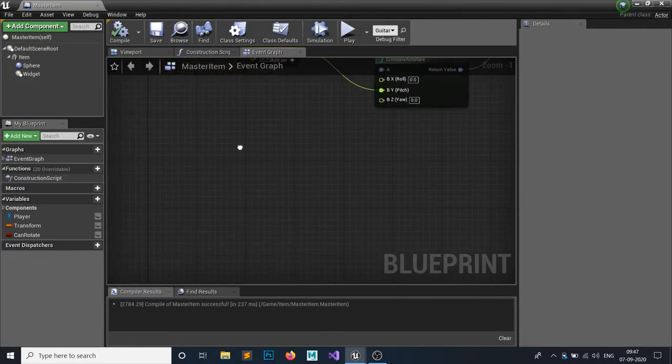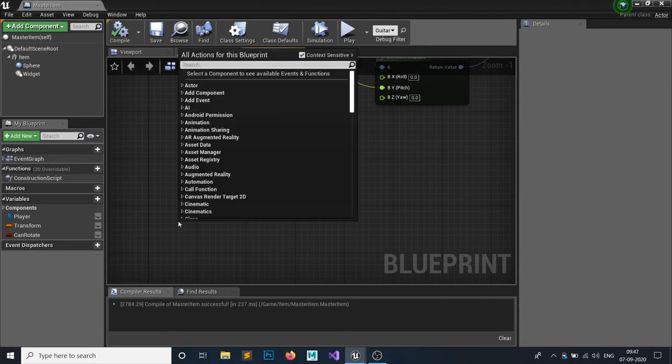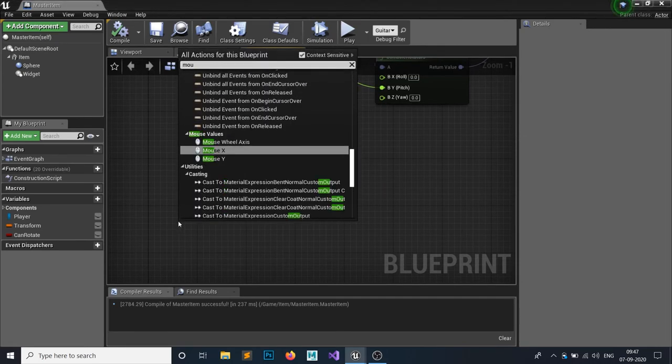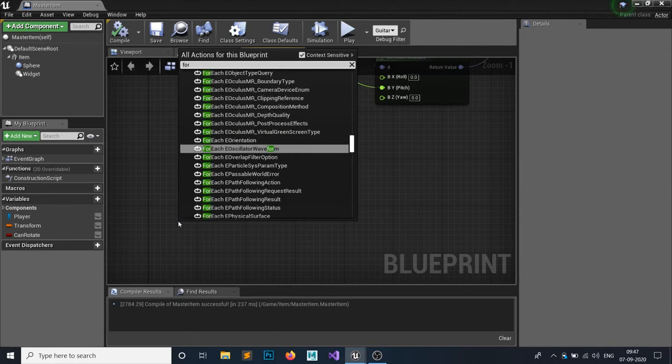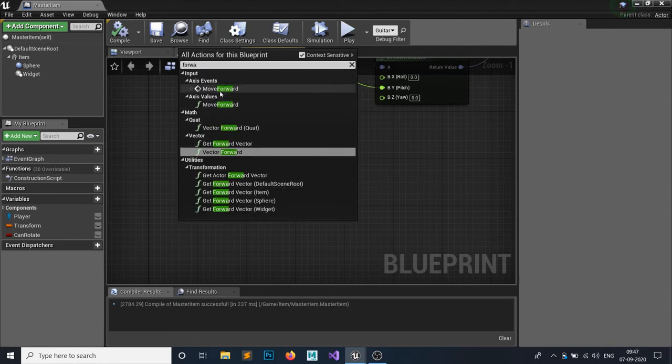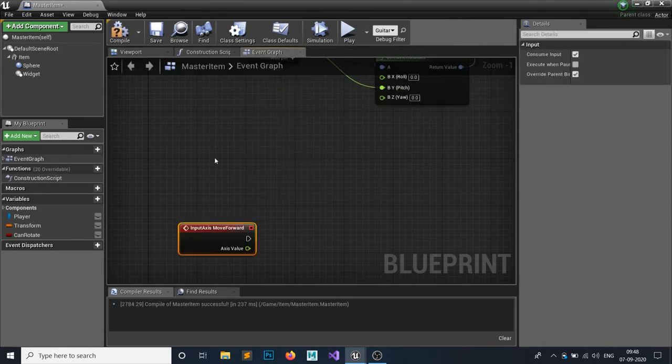Let's add a movement with our axis. So right click and add the move forward axis event, and the axis forward is W and S. This axis value can go from -1 to 1.